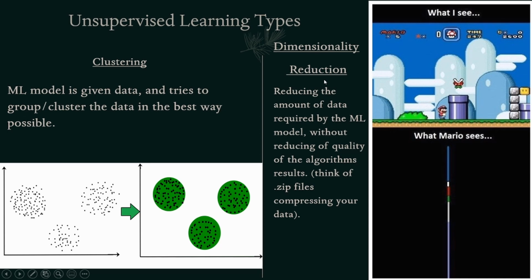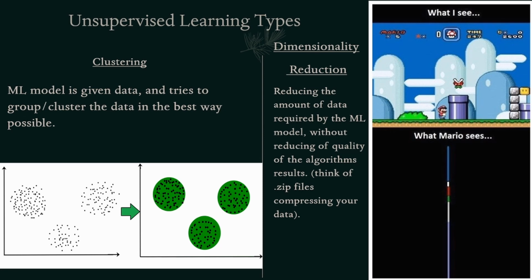Dimensionality reduction. Gonna take a quick swig of water. So, dimensionality reduction. This is quite a big part of machine learning, especially deep learning, or just big data in general. When you're dealing with a lot of data, it can be hard and taxing to actually process all that data and train a machine learning program. Just because of the sheer amount of data, stuff doesn't really work that well.